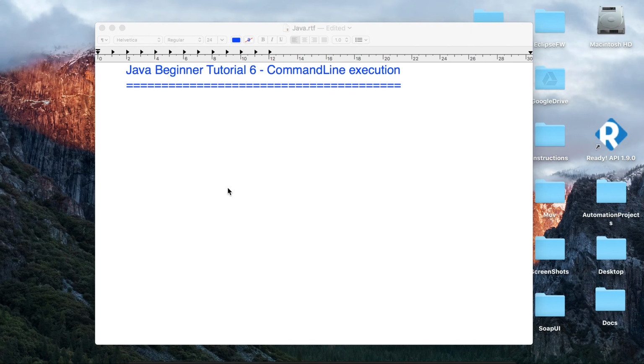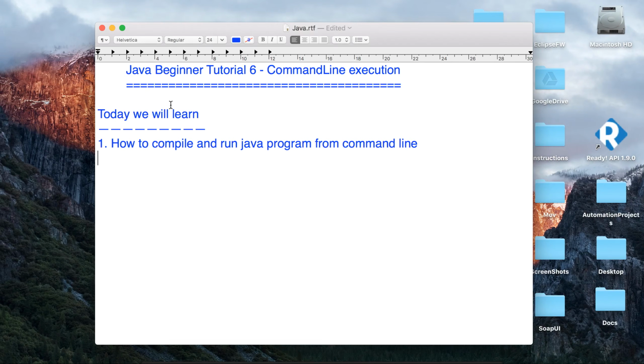Hello and welcome to this session on Java beginner tutorial. Today we are going to learn how to compile and run our Java program from a command line outside of Eclipse. So let us begin, and step 1 will be we have to go to our command line